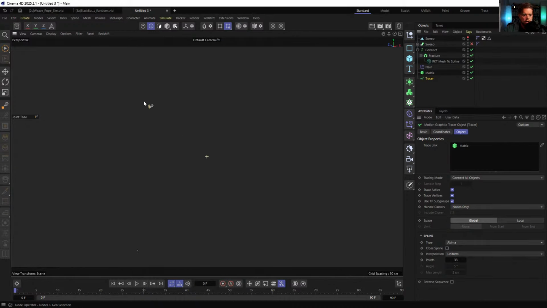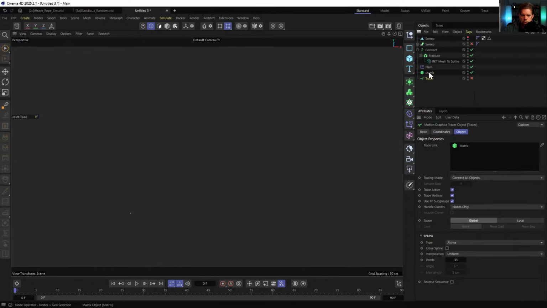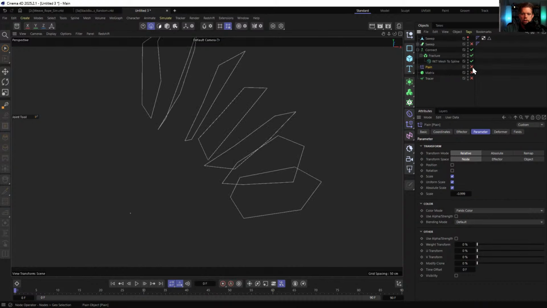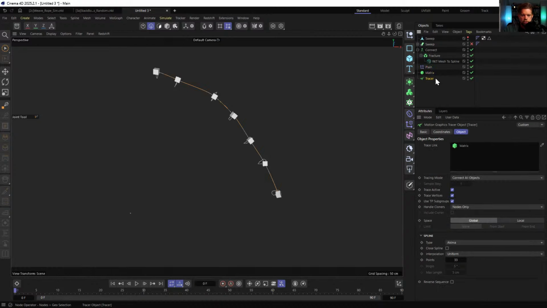What just happened? I can still see these little dots. Ooh, what's going on here? Oh, I guess these are super shrunk, but that's weird. 0.9, just so we can see them. Matrix, the matrix is there. Tracer, they're connecting. Why did everything disappear? I don't understand. But yeah, so we got this tracer and it's doing its thing,